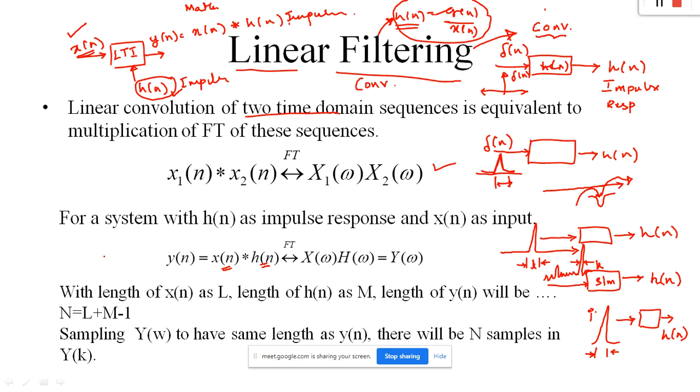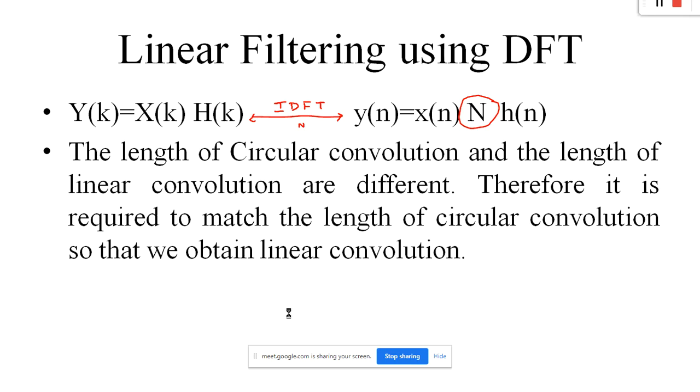And in the calculation of y of n, I will be much concerned about what the output length will be. The length of my output y of n depends upon my x and h. If I assume that the length of x of n is L and the length of h of n is M, then the output y of n length will be L plus M minus 1. I am once again clarifying, this is with respect to the linear convolution output, or you can replace it with filter. Now the question is,